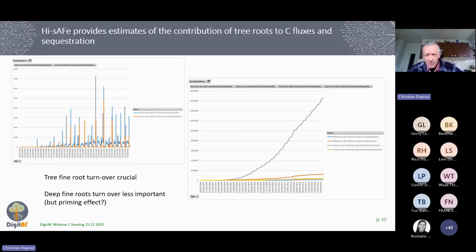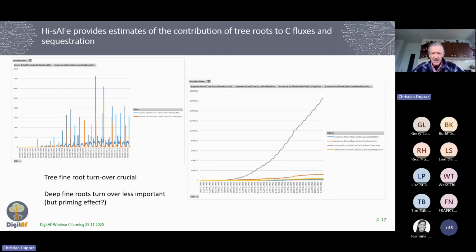But if you look at the graph, the graph on the left is the total amount of dead roots, and the peaks are when you cut the roots with plowing or root pruning. And on the right, it's the cumulative biomass of fine roots in gray, which is very important to the balance